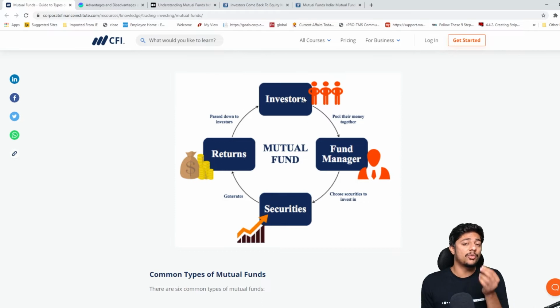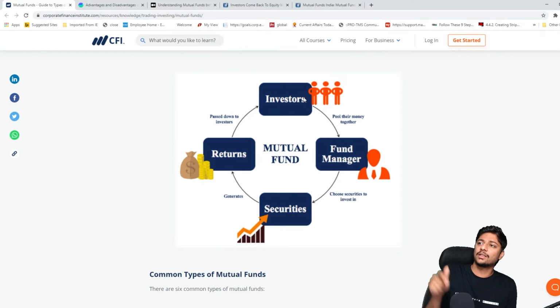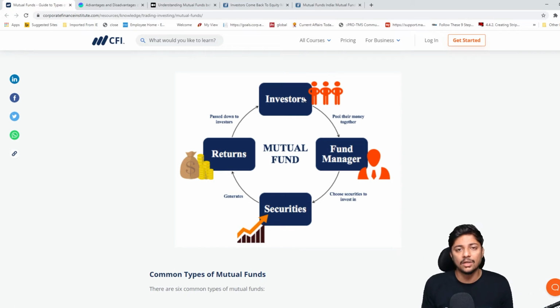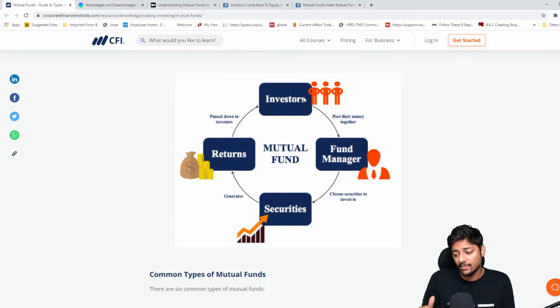So the most important person in the mutual fund is the fund manager, and you have to do research about the fund manager. Don't just go and find a mutual fund that gives you good returns. The Crisil rating is good, very good. The amount of money that he's managing is great. How much he's given in returns in the last 5 years is all fine. Okay, good, I like this mutual fund, I'm going to invest. Don't think about it from that perspective.